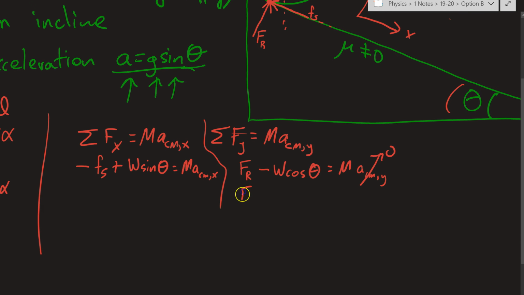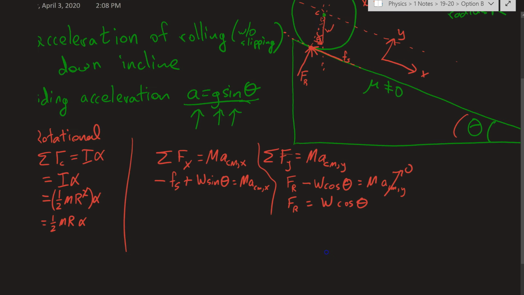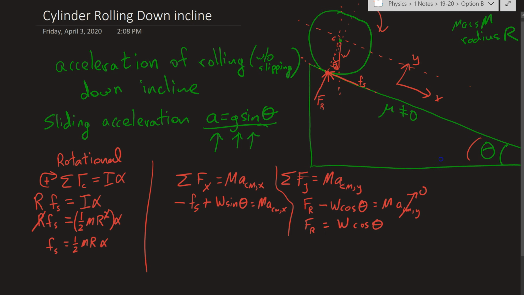So if we need reaction force at some point, it's w cosine theta, which is similar to old ramp problems. All right,